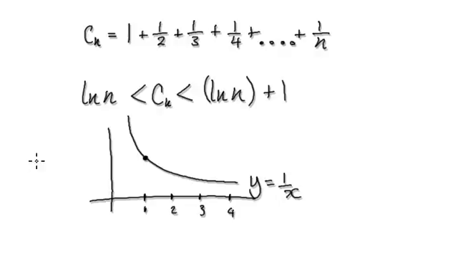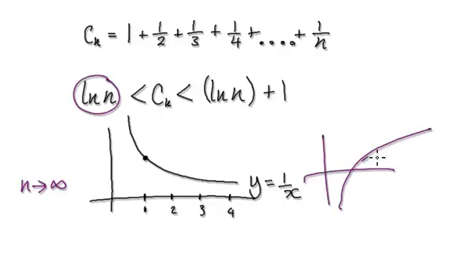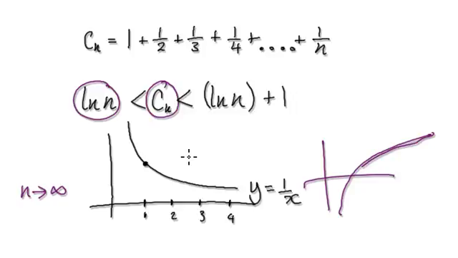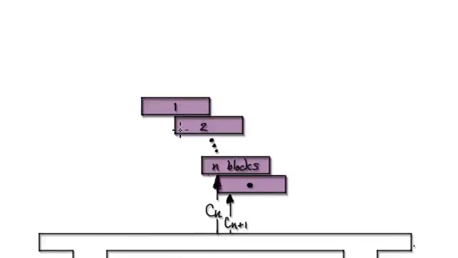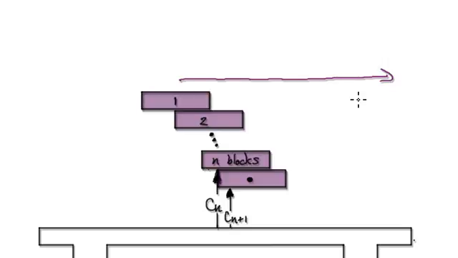So what that means is that as n heads towards infinity, remember, n represents the number of blocks. If you keep on adding the blocks, the natural log here will look like this. It will just get bigger and bigger. So this center of gravity will just keep on getting bigger and bigger. So if you keep on adding blocks, the center of gravity will just keep on getting bigger and bigger. So it has the potential to head towards infinity.